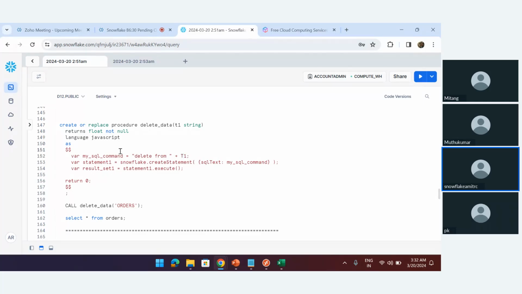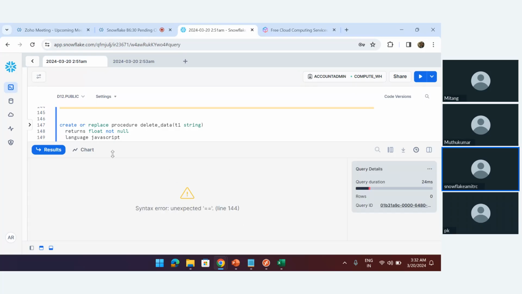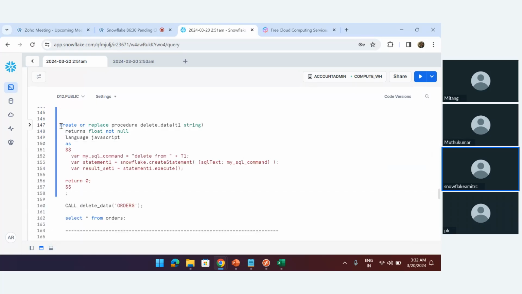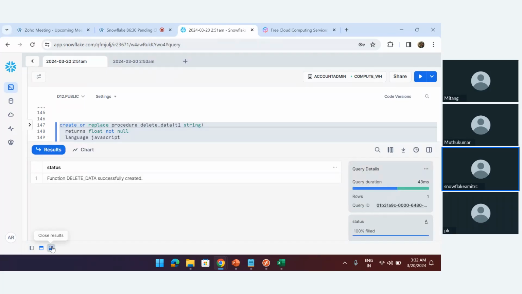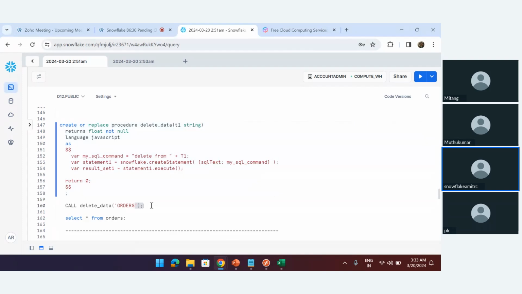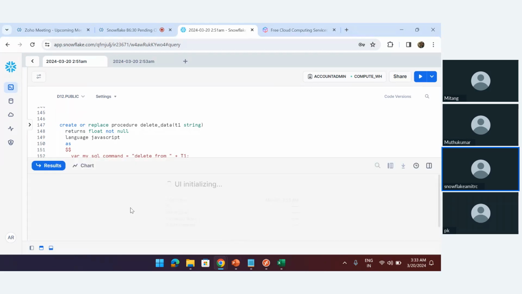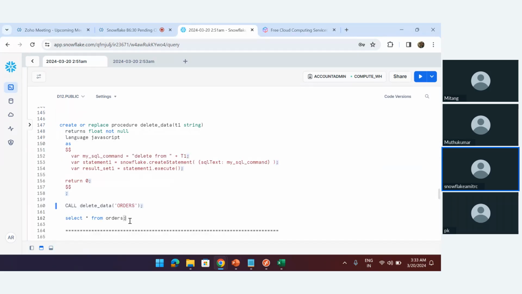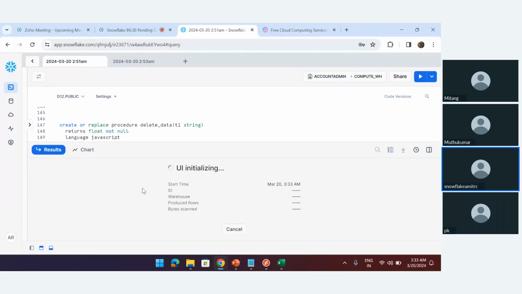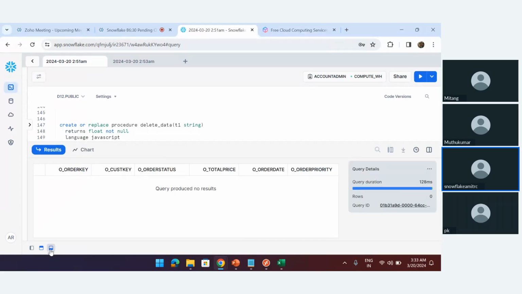So simply, it will be deleting the record from the table by using this procedure. Now you can see it is created. Now whenever I call the procedure, I pass the table name, orders. So whenever I call it, the data from the orders table will be removed. Now you can see, if you select star from orders, no data is there, completely empty, because the procedure has been